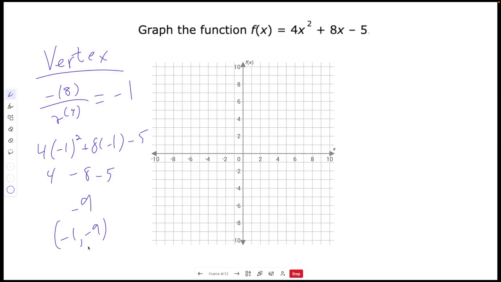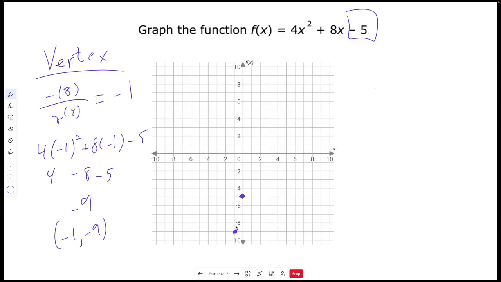So that's the first point we're going to put on the graph. Negative 1, negative 9 is here. There's our vertex. And now we need to come up with some other points. The easiest thing you should always check first is the y-intercept, and remember, that's the c value. So I know that the y-intercept is at negative 5. And this is perfect because